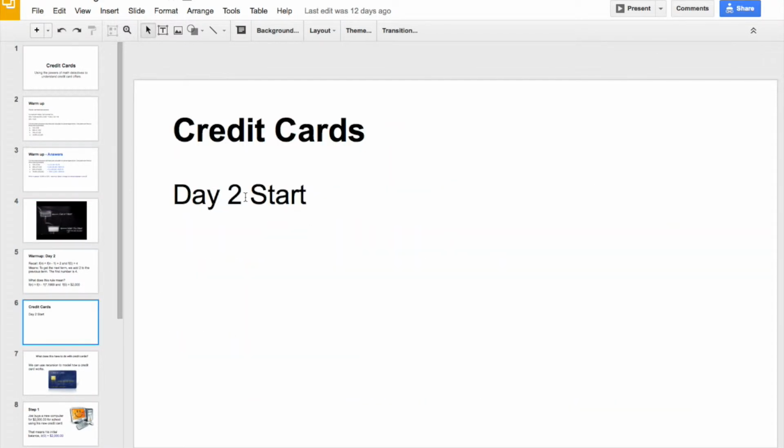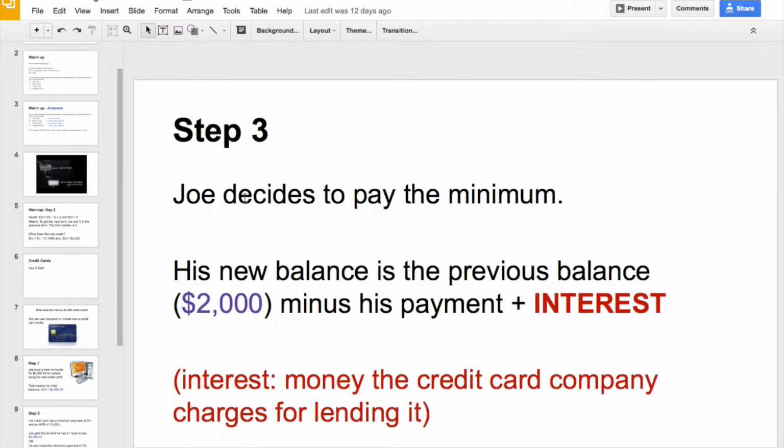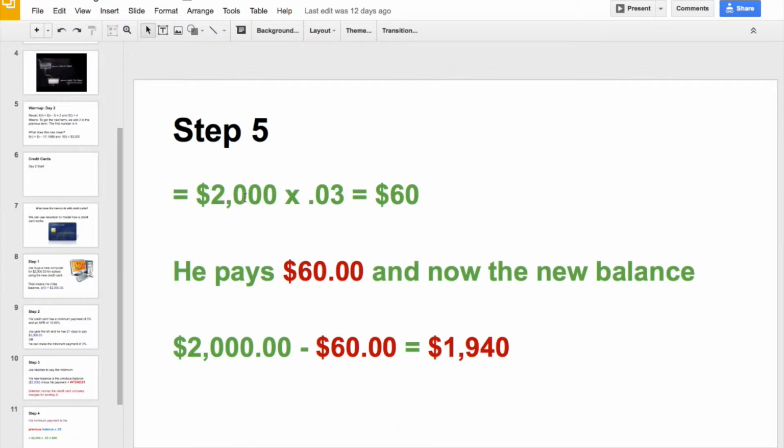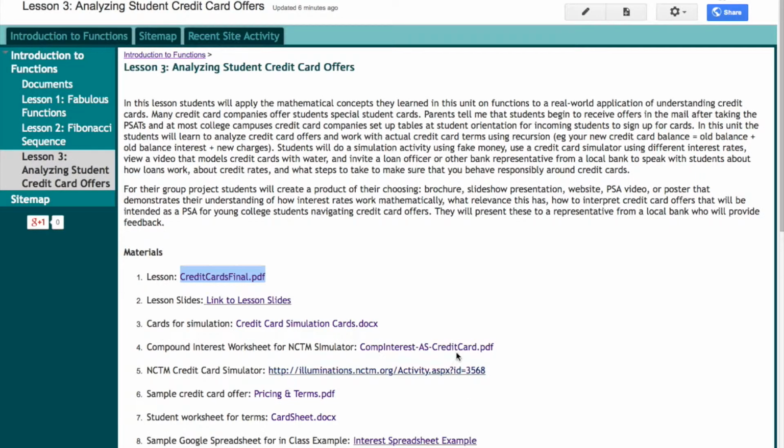The first is a hands-on simulation of credit cards where students work in groups of 4. Next, they work with a credit card simulator, and in the third activity, they'll work in pairs on a spreadsheet modeling credit card payments. As a summative assessment for the unit, they'll complete a group project that demonstrates their proficiency in